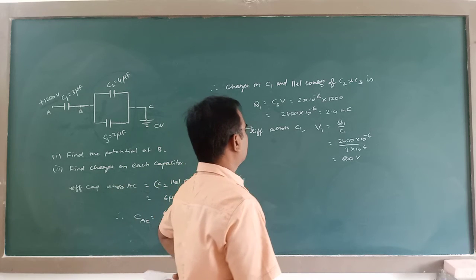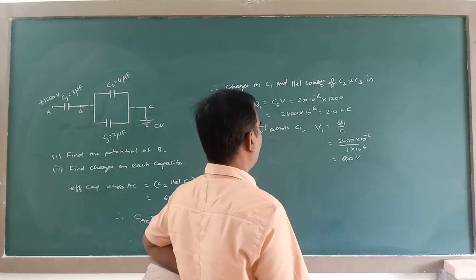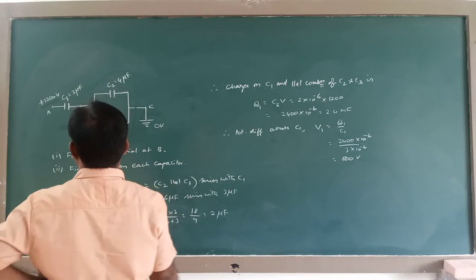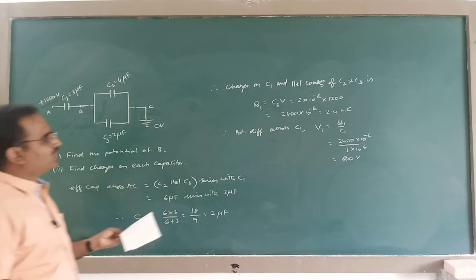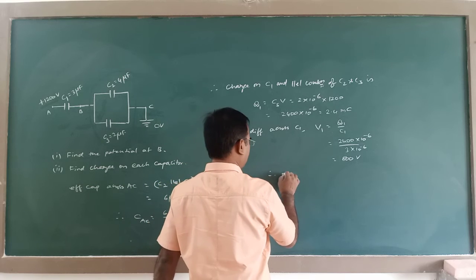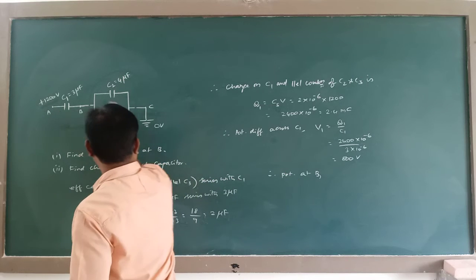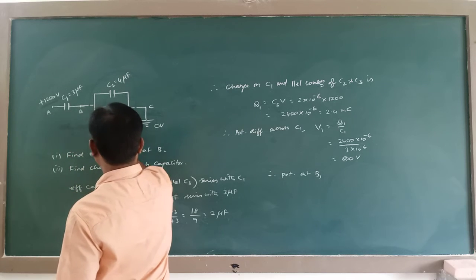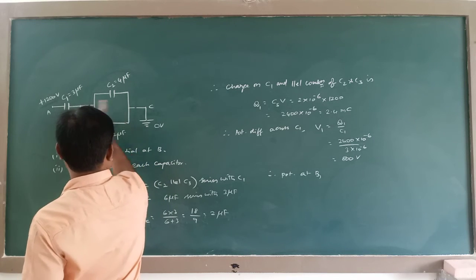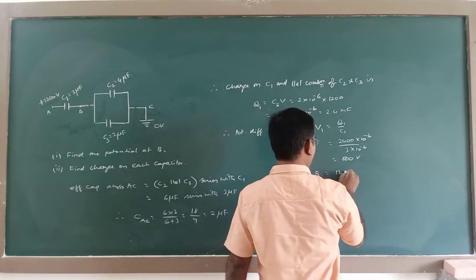The potential difference across C1, that is V1, is equal to 800 volt. So therefore, here this is 800 volt. Therefore, what is the potential at B? See, from here to here it is 1200. From here to here it is 800, so from here to here how much would it be? 400. So at the point B, the potential is